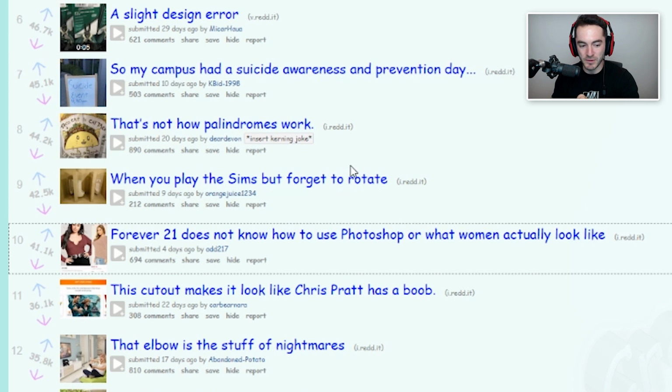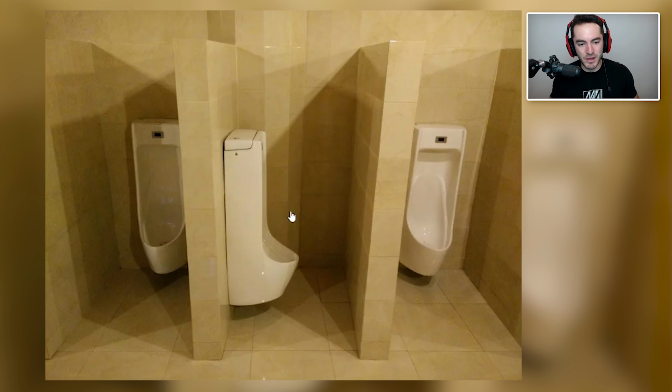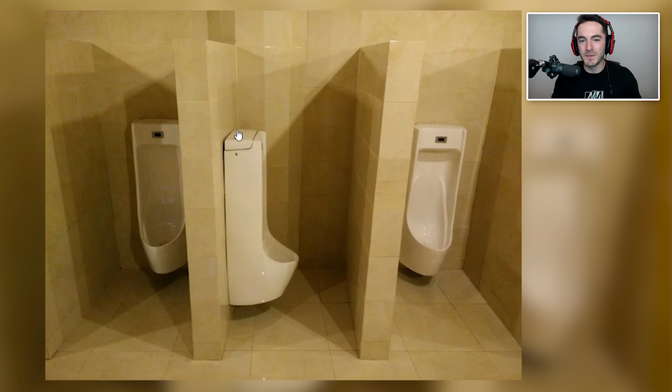When you play The Sims but forget to rotate, that seems like a lot more work to do. Because I bet you that the plumbing is behind the wall. So you really had to make an effort to do this. How did that even happen? You had to bring the plumbing out into the divider. This isn't just like, oops, I mounted the toilet on the sidewall. My mistake. I guess it's stuck there now. No, it's like, oops, I mounted the toilet on the sidewall. Oh, well, the pipes are over there. I guess I'm gonna have to undo it and put it in the right location. It's just so many levels of,